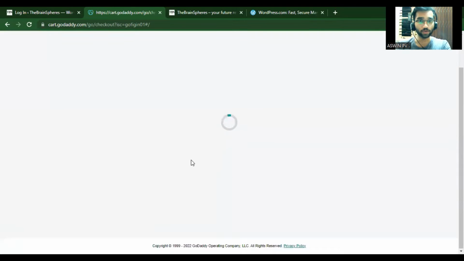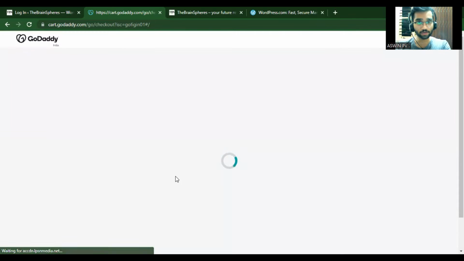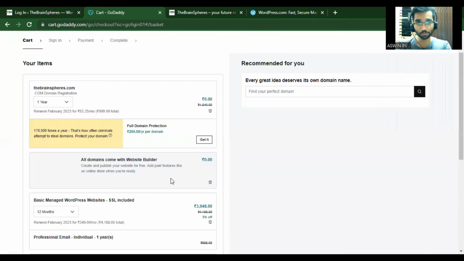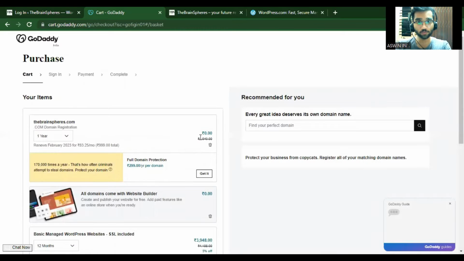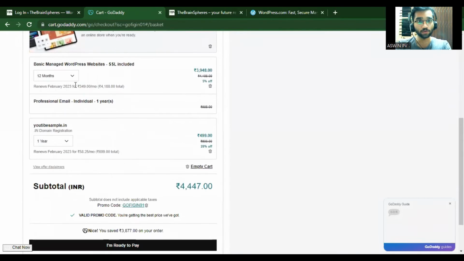Great. So I think it will be taking me to the checkout page where you'll have to make the payments. Correct. So here you can see 1 year, it is 0 as you're getting it free. However, for the hosting, you are supposed to pay, which is approximately a subtotal of 4,447 INR along with the taxes. So here, as you can see, it states a YouTube sample.in domain registration, which is for 1